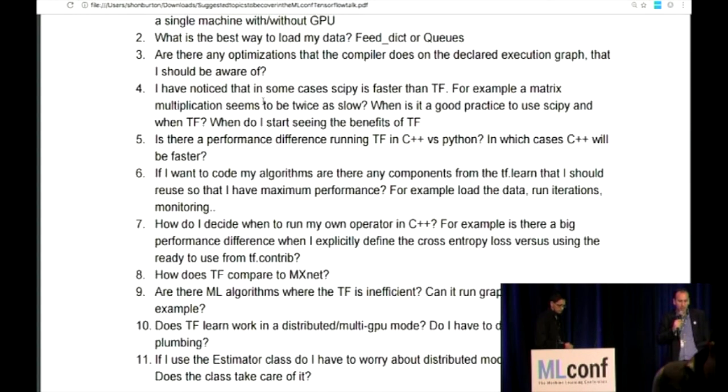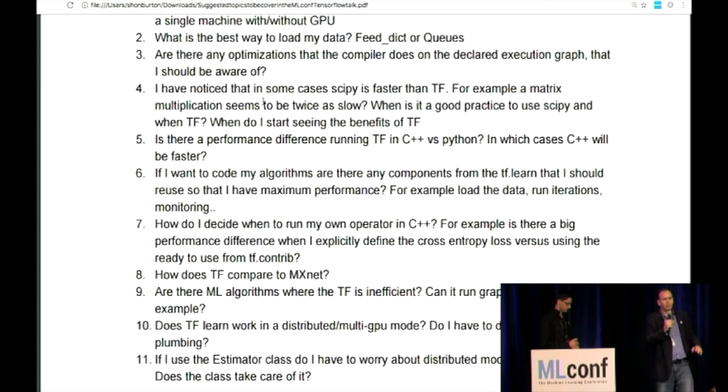Yeah. Now we know that TensorFlow does distributed and multi-GPU. Does it do both of them at the same time? Do we have to do any extra plumbing for that? It does do both together. There are some examples, I believe. You could use many GPU machines with a single GPU each, or split across multiple GPUs per machine, where maybe you do something different locally on a machine. Say you're just adding up the gradients, whereas across machines you can do asynchronous stuff as well, or synchronous, and it really supports both.